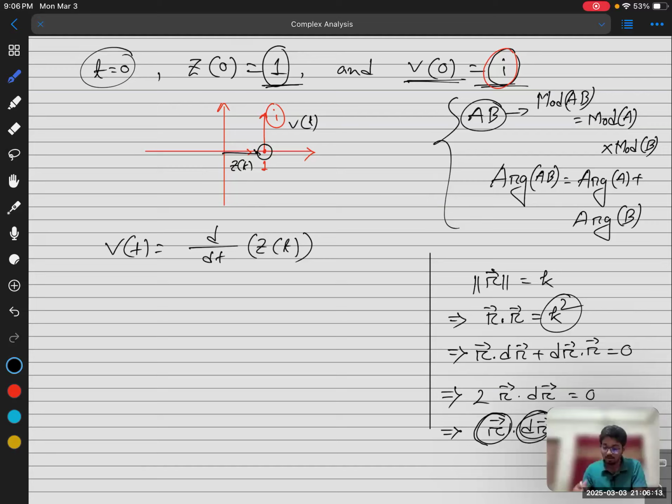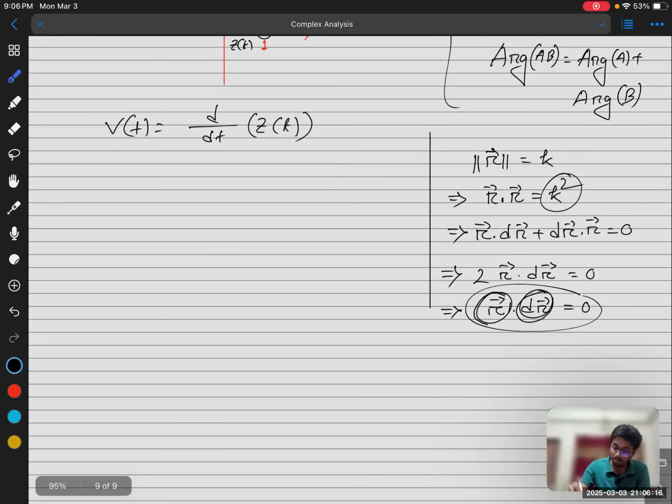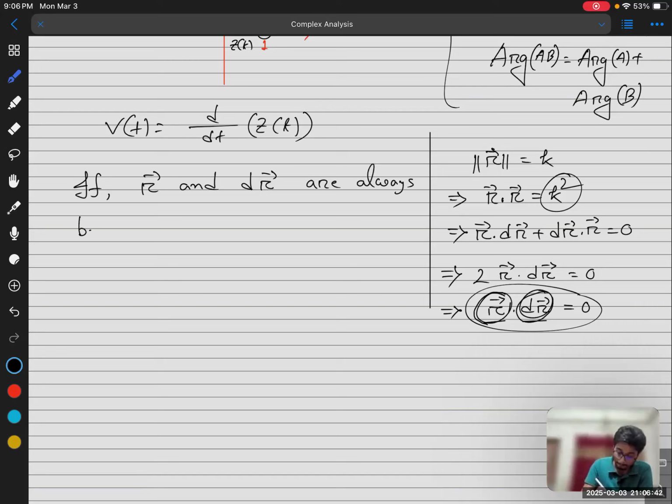But by this property, we can say that if the velocity, if r vector and dr vector are always at right angle,